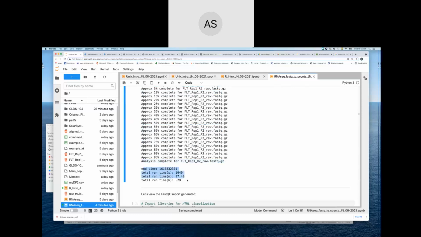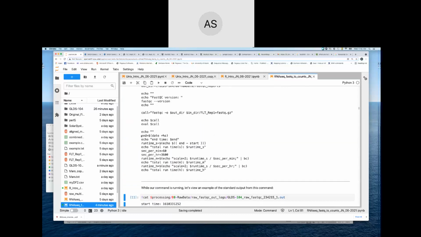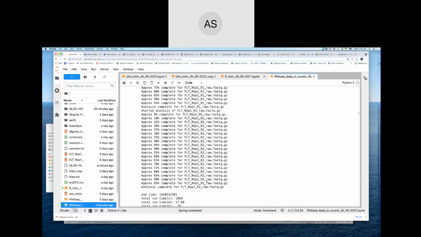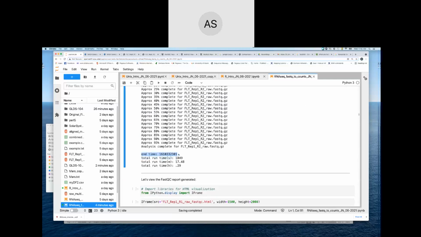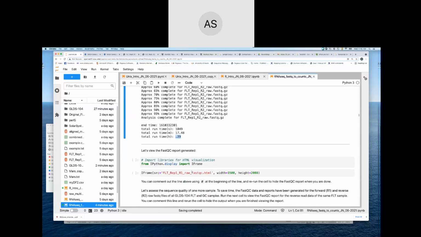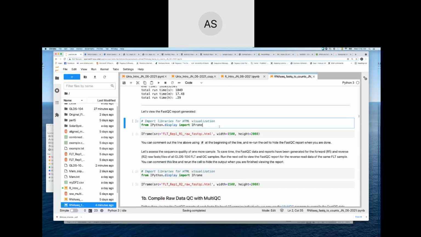And then this is what that whole mess of code that I have here at the bottom ends up looking like. So what it has is, again, the end time as the date in seconds, and then subtracting that from the start date in seconds. I get the total number of seconds it took to run this job. And then I did the calculations to give you how long it took in minutes and how long it took in hours. So this took about 17 minutes when I ran it for this job. So that's the standard output. Questions about standard output? Okay,